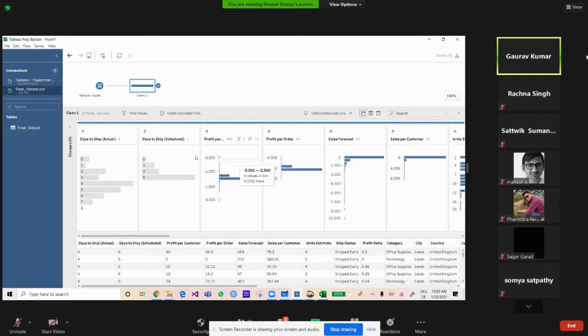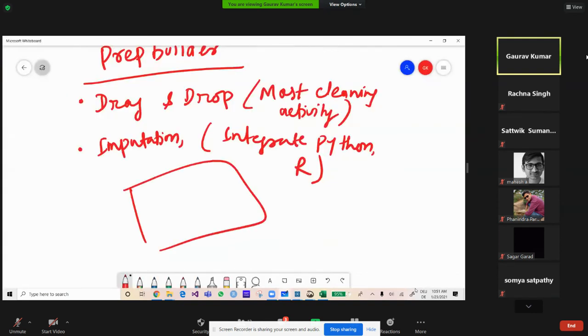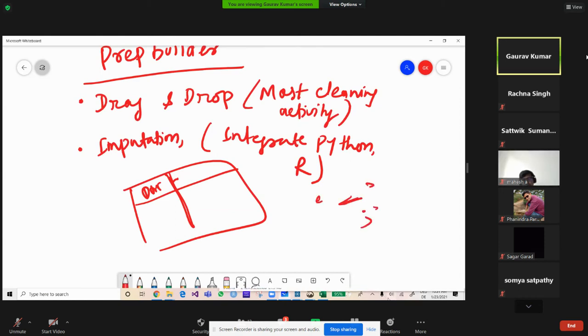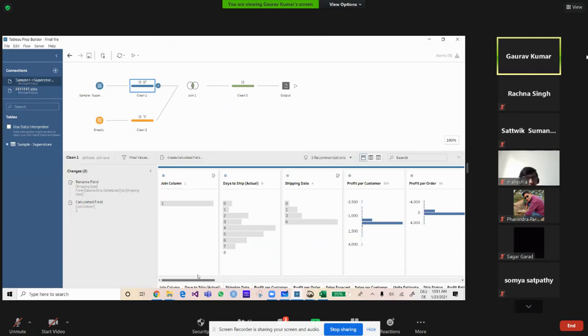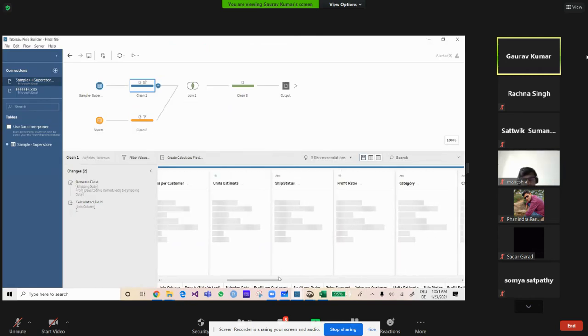And one more thing, for example, if you want to separate a column, you can separate that also. For example, if date and time are in the same column, you can segregate that, as we segregate in Python, using a separator, so you can do that here manually too. Wait, I'm just looking for that type of data, if there is any.